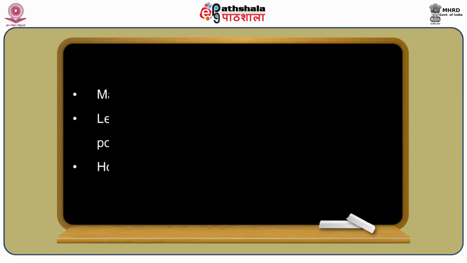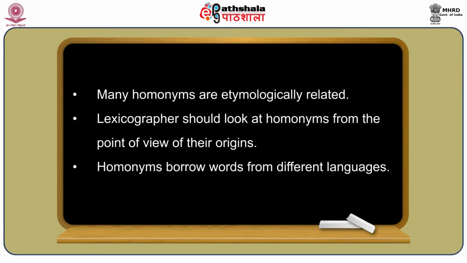While treating homonyms, the lexicographer has to keep in view the different types of homonyms. In some cases, there may be total identity in all the forms of the paradigm and its collocational possibilities also. In others, it may be only partial. We can think of different ways of treating those things. So homonyms have three different types of representation, and as a dictionary maker, all three different representations of homonyms are treated separately with little problem. Many homonyms are etymologically related.